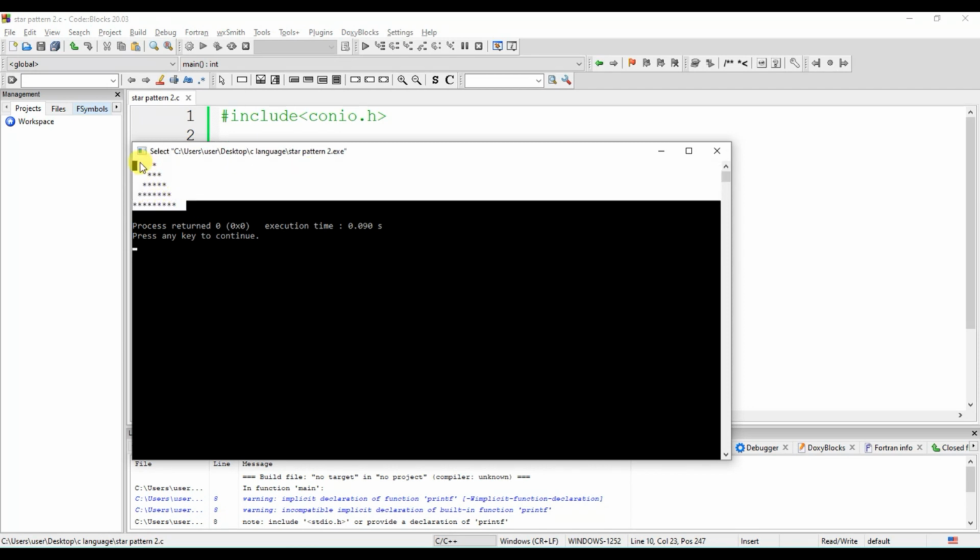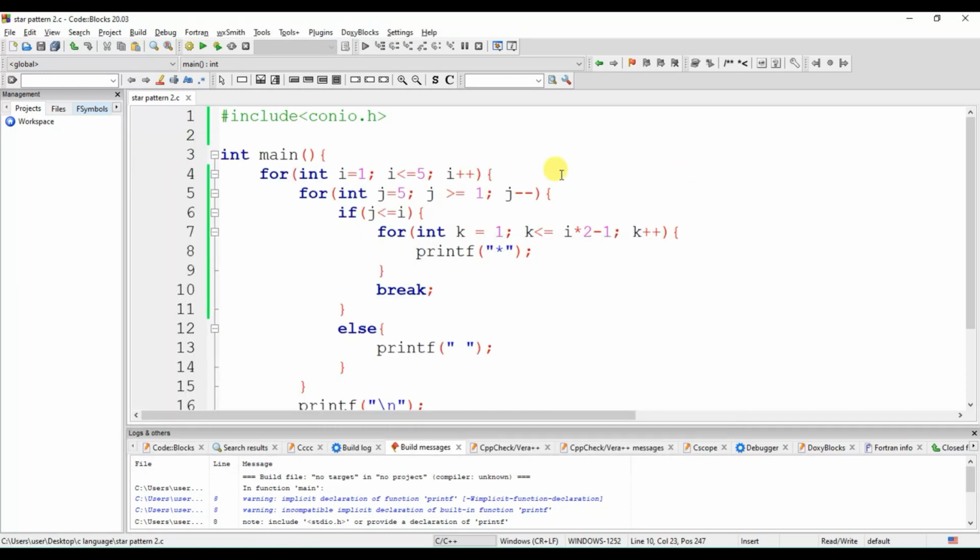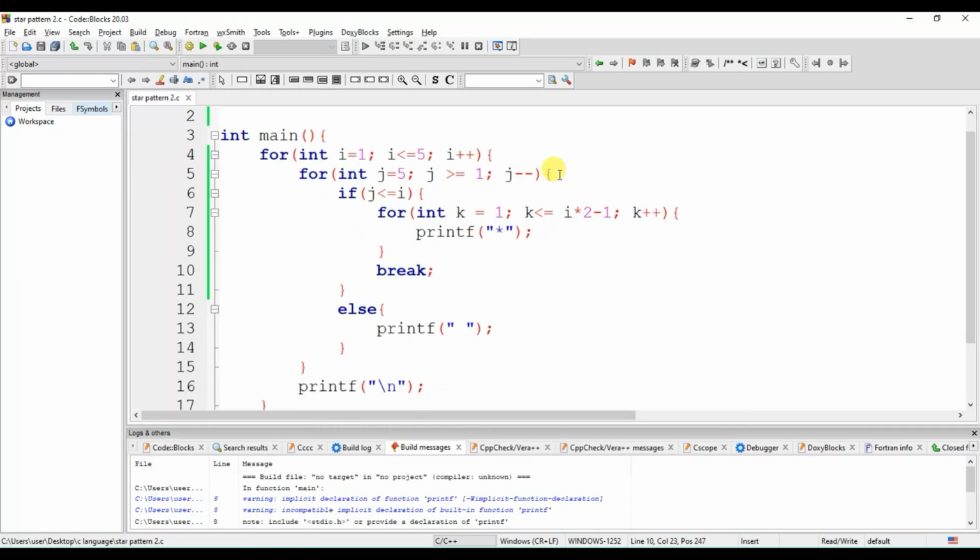As you can see, we have achieved the pattern of triangle, which we can call a pyramid pattern. So this is the code. Let's go for the logic first. What does it say? We are starting the ith loop. This is the row loop, and this is the column loop.